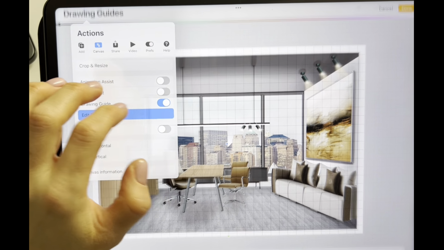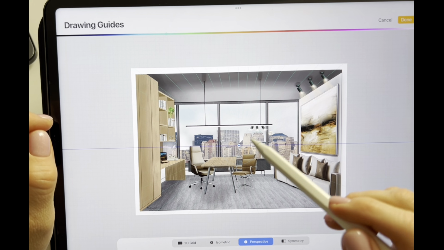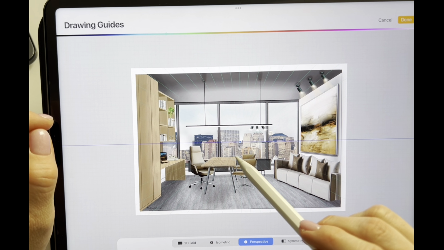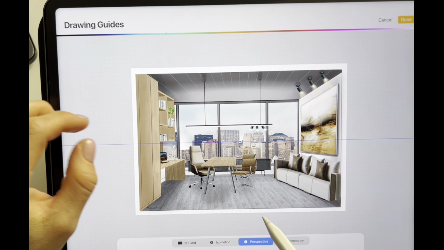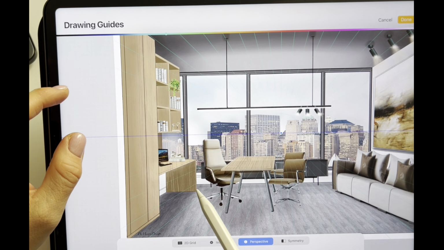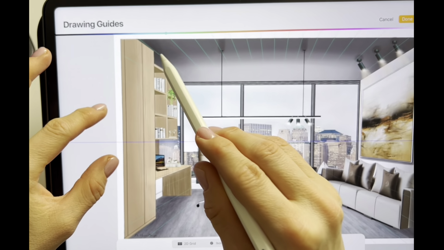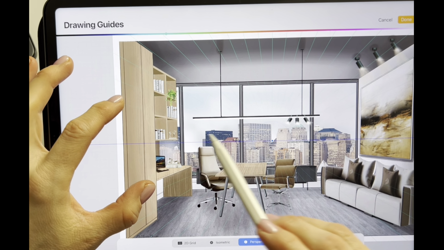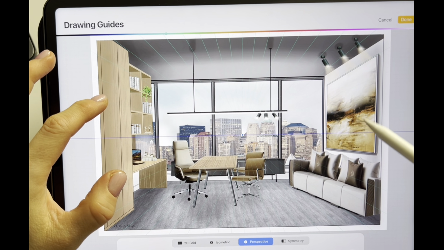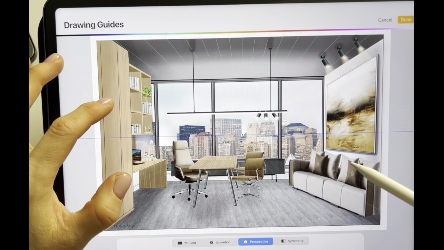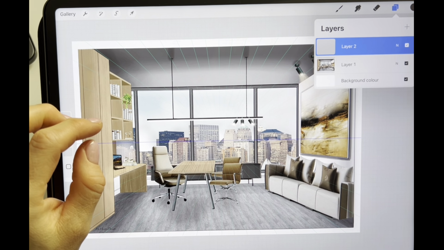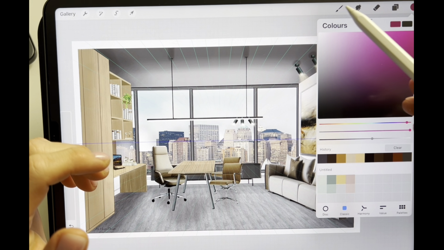Let's set the drawing assist. I think the vanishing point should be here, because I see the lines which go along this edge here and along this edge of the wall. So what I usually do when I need to draw any object in perspective: